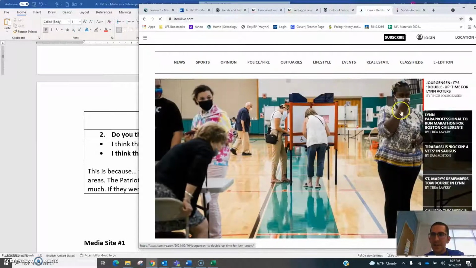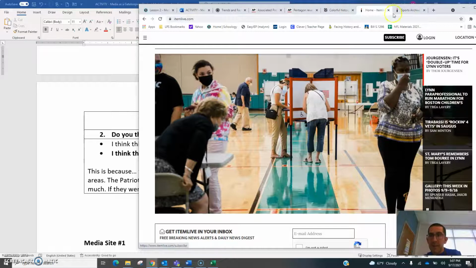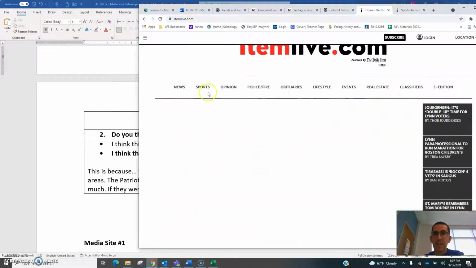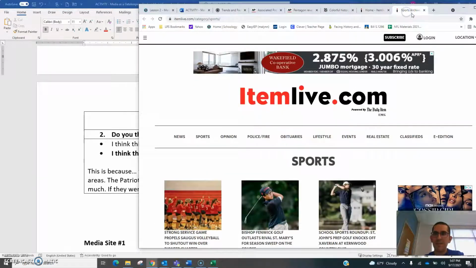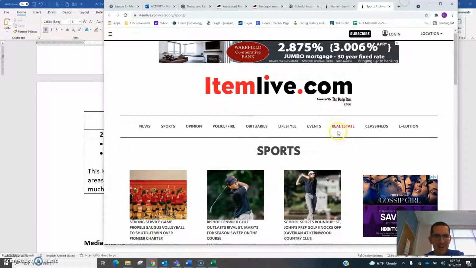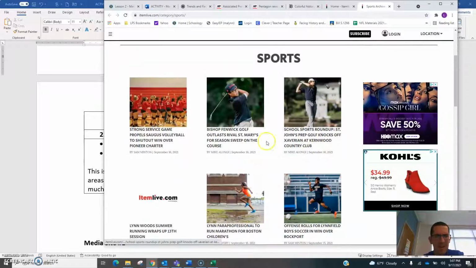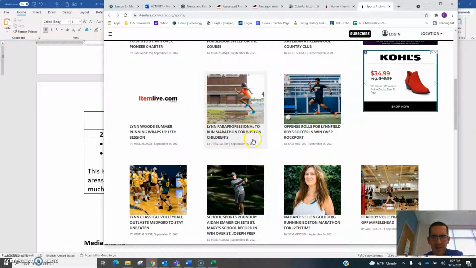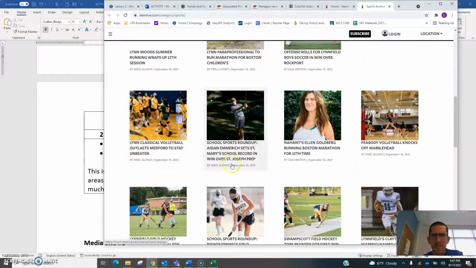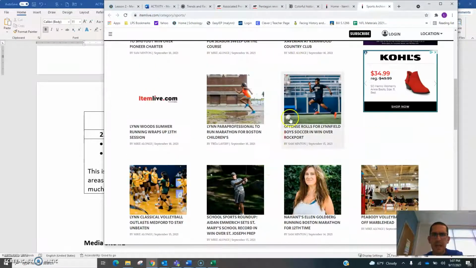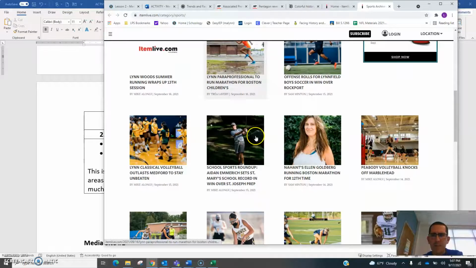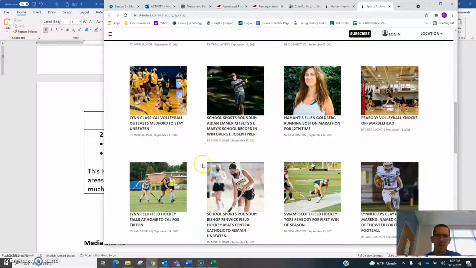I can see there's a lot of news stories, particularly about Lynn, Peabody, and the surrounding areas. And if I click on the sports section for the Lynn Item, I see that it basically talks about local high schools, a lot of stuff about local high schools, people from Lynn participating in like the marathon. So it's mostly local sports.